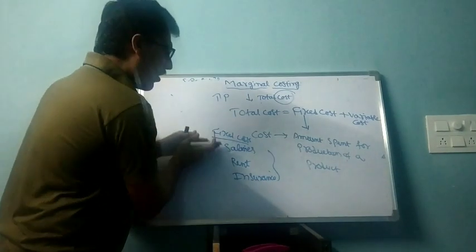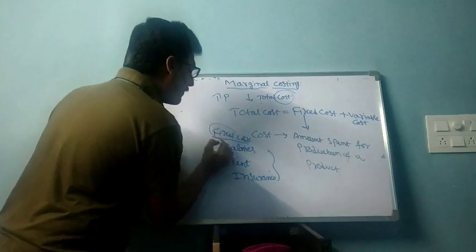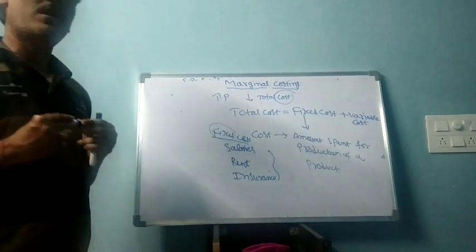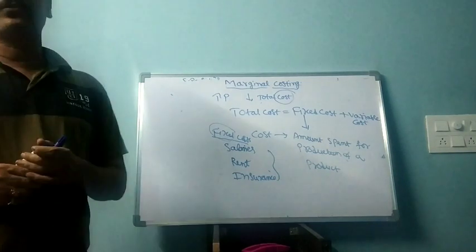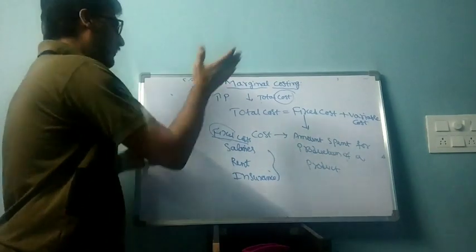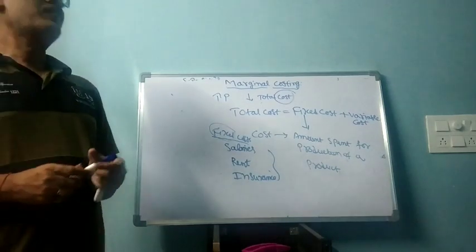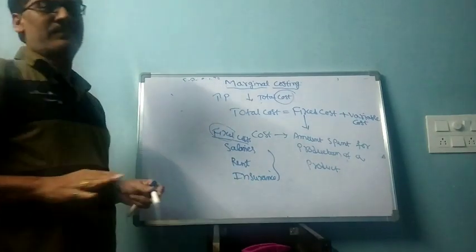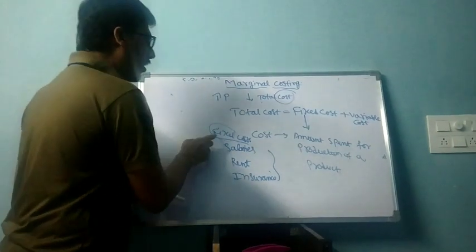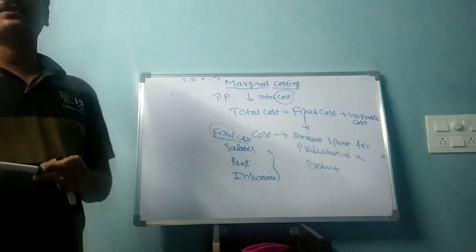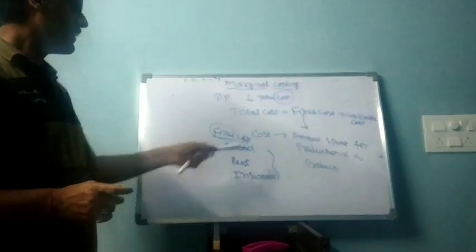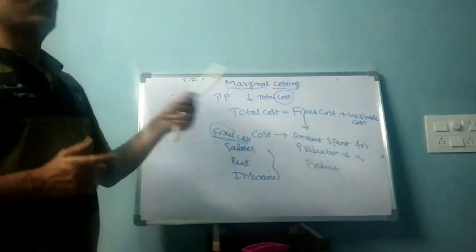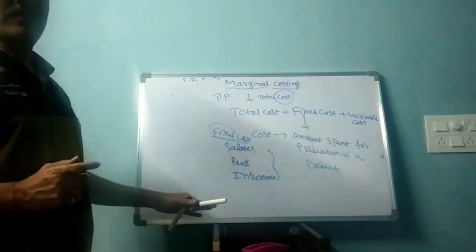But this cost is not good. This is the reason why they named it fixed cost. The cost which remains constant, which is not going to change along with the output. Even if the output increases, the fixed cost will be the same. Even if the output decreases, the fixed cost will be the same. That means the fixed cost is not affected by the output. That is called fixed cost. Examples are salary, rent and insurance. This is clear, I think.